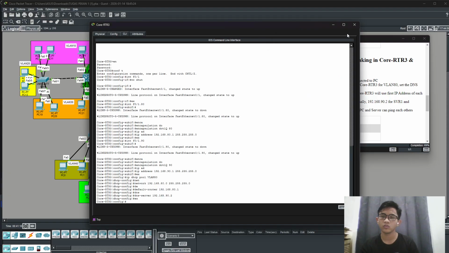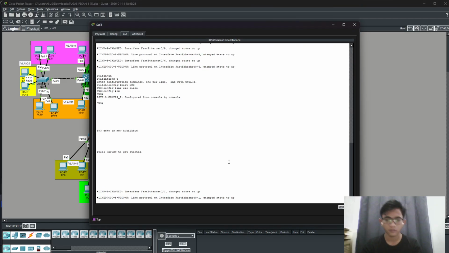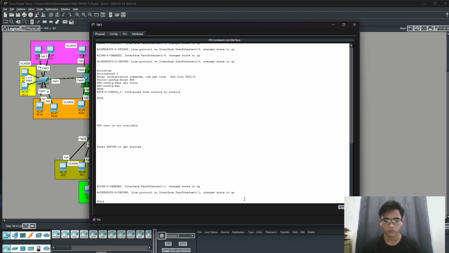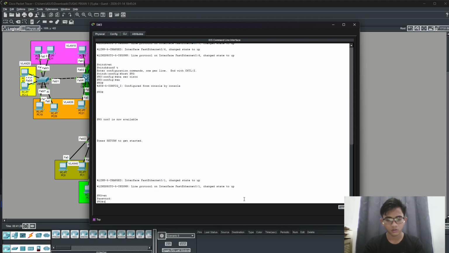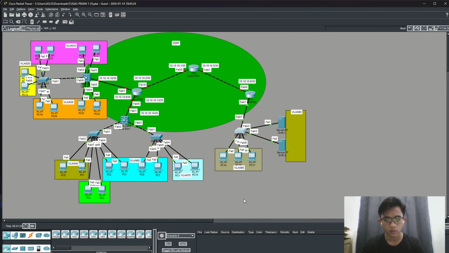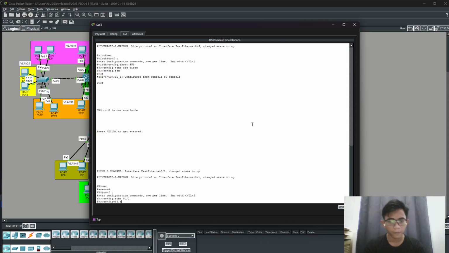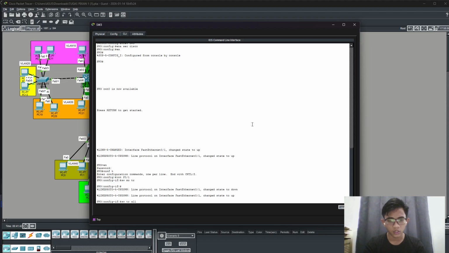So now continue to the switch. Enable, Cisco, configure terminal. I will use interface F0/1 that is connected to the router. Switchport mode trunk, switchport trunk allow VLAN 80 and 90, I guess.